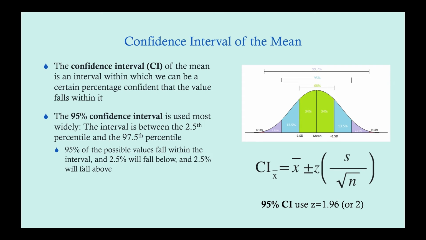2.5% will fall below and 2.5% will fall above. But this interval will include 95% of all the possible values. So to obtain the